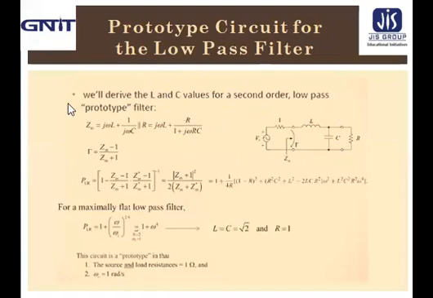Now for that, first we will consider the input impedance, that is Z in equal to j omega L plus 1 by j omega C, and R equal to j omega L plus R by 1 plus j omega R C. Now that is the capital gamma, that is equal to (Z in minus 1) by (Z in plus 1), and the power loss ratio, that is equal to 1 minus (Z in minus 1) by (Z in plus 1) into (Z in star minus 1) by (Z in star plus 1), to the power minus 1, that is equal to mod of (Z in plus 1) square by 2 (Z in plus Z in star).